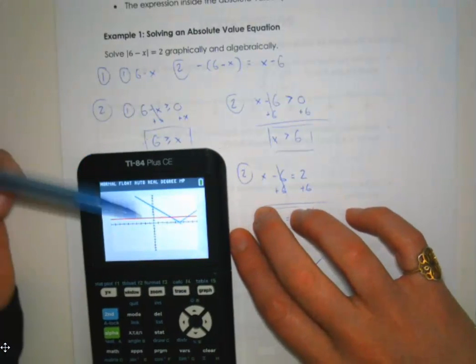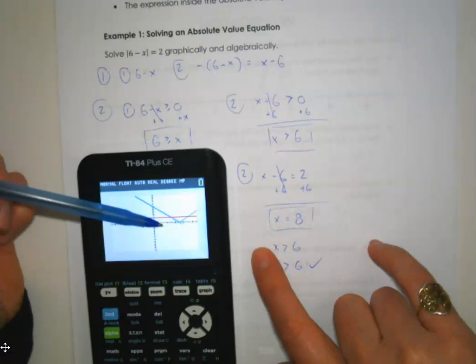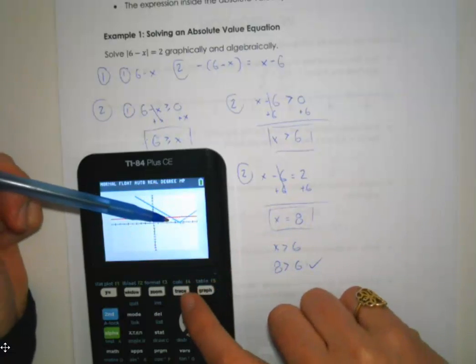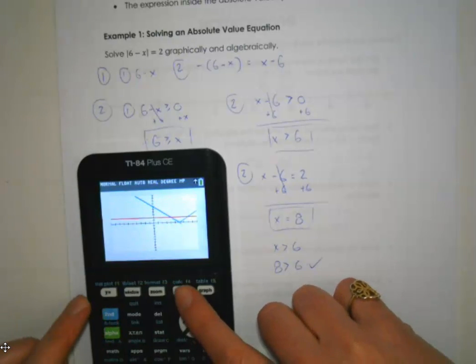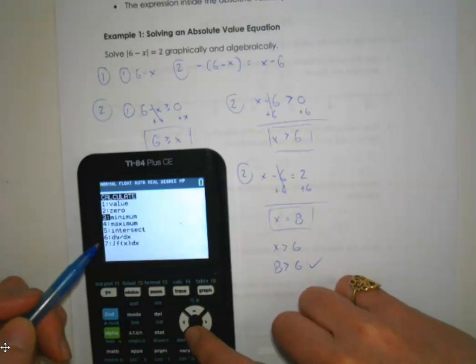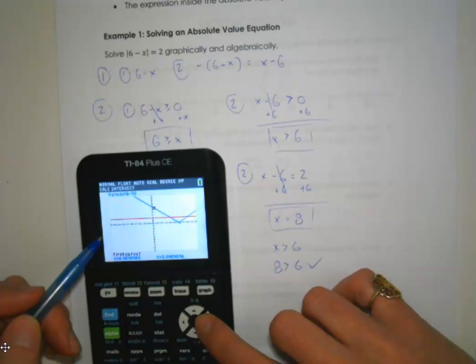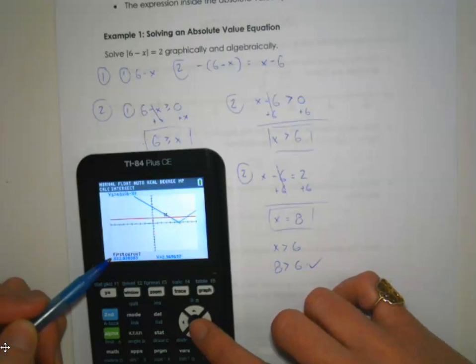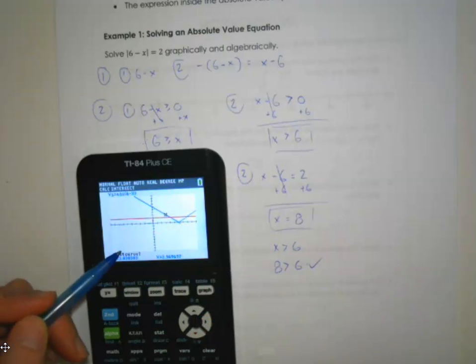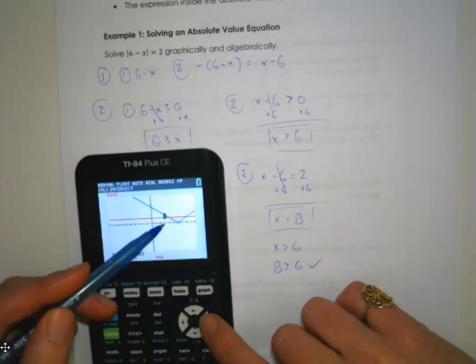There we go, that's better. So we can see that we have 2 intersection points on the graph. If you're not certain about the intersection points, you can go second function trace, and go to intersect, and it's going to ask you first curve. So you just want to make sure you're kind of close on one of the graphs to the intersection point you're interested in. So scroll over to that, hit enter, and then you'll see that the second star kind of